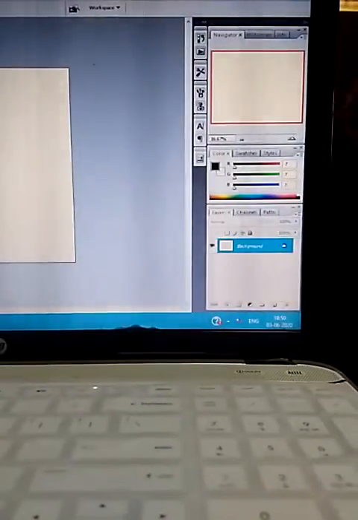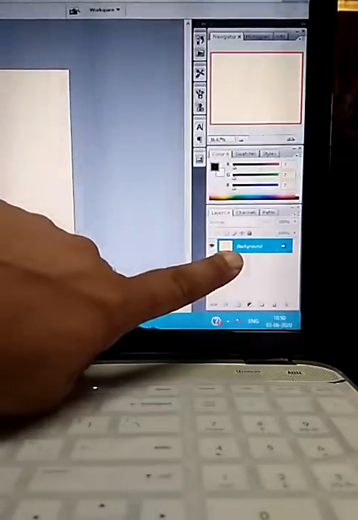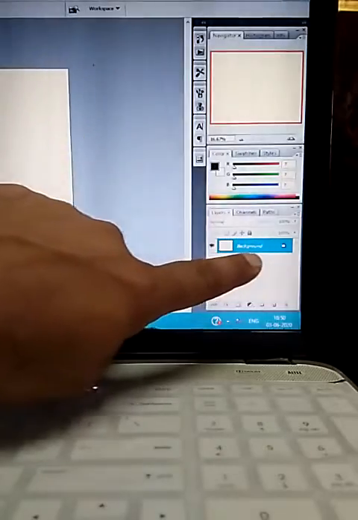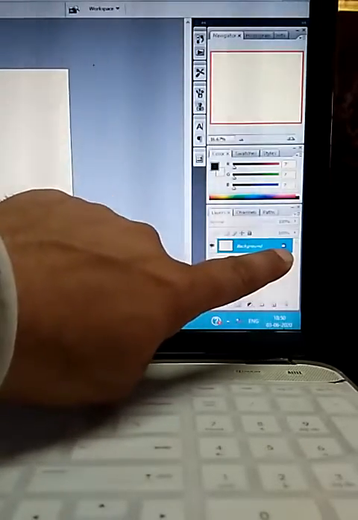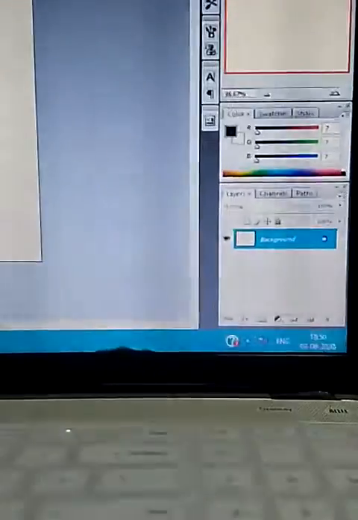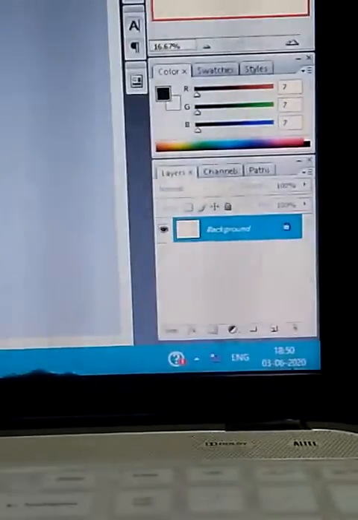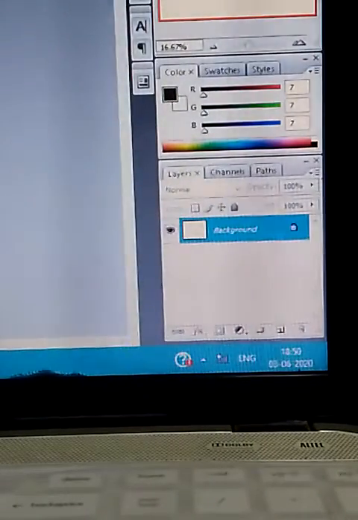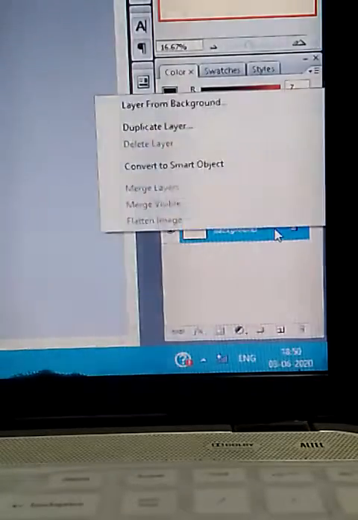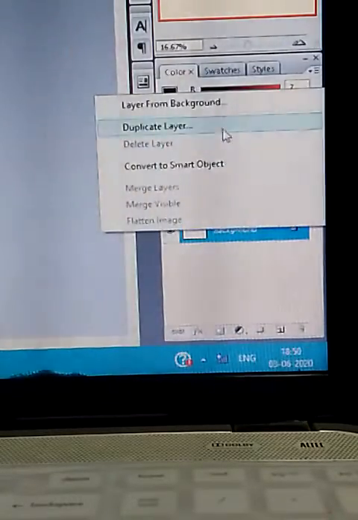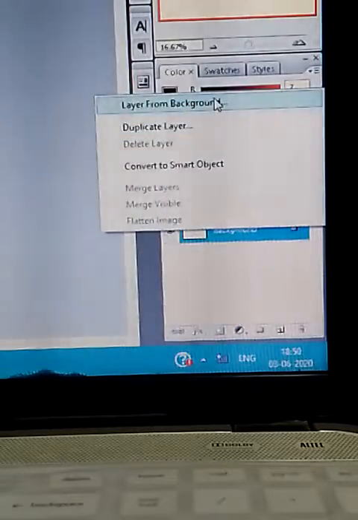I want to show you again that in the Layers group you will have a background layer with the name Background, and there is a lock icon on it. To unlock this background layer, right click on it, and there is an option known as Layer from Background.